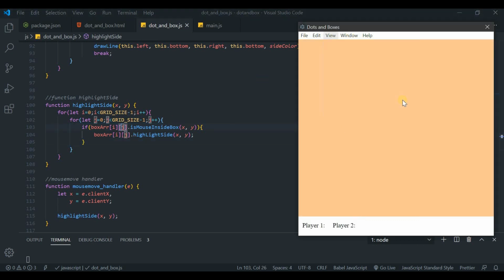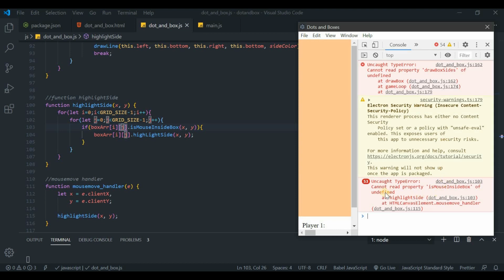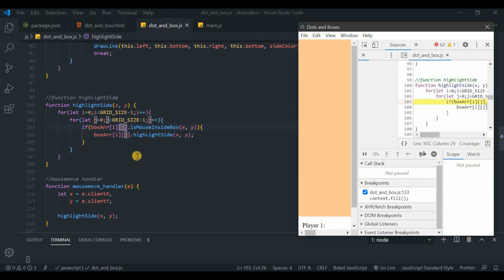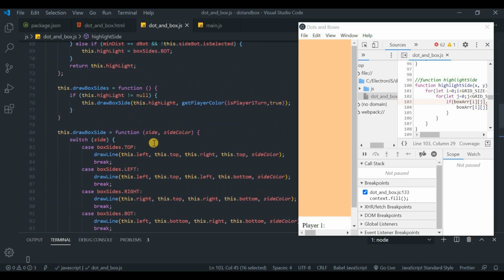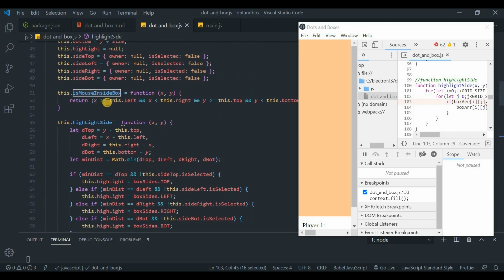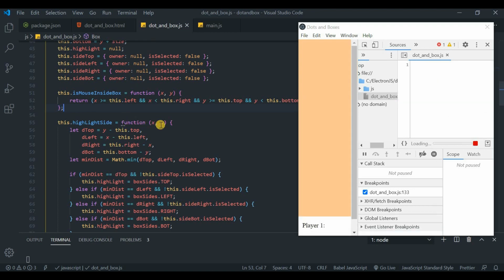Close this, reload this. Still we have an error. Let's check. Cannot read the property isMouseInsideBox. So i of x and y, we'll go to the box function. We'll check this dot equal to the function. It will return isMouseInsideBox, then the x and y position, and it is returning true or false. Okay,